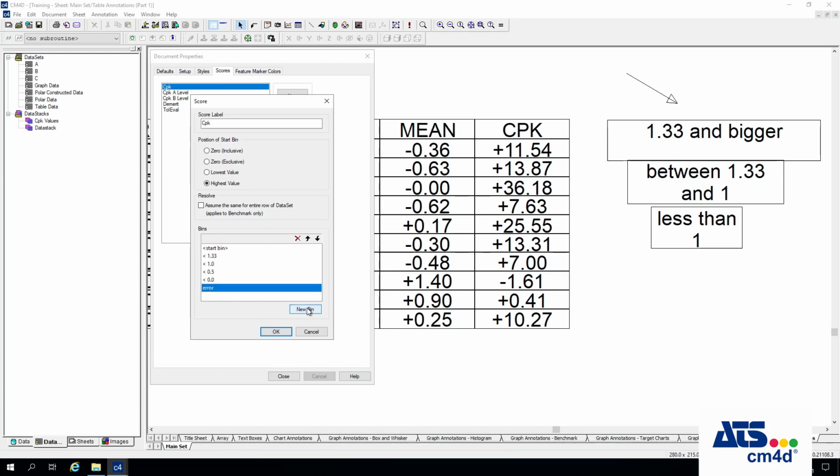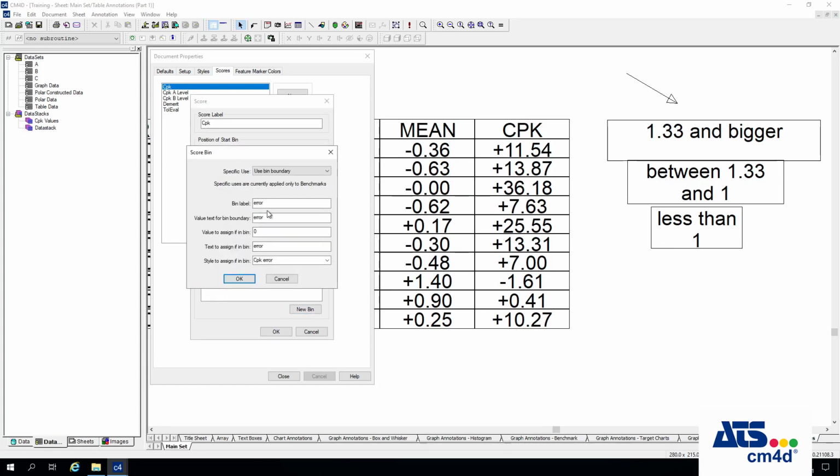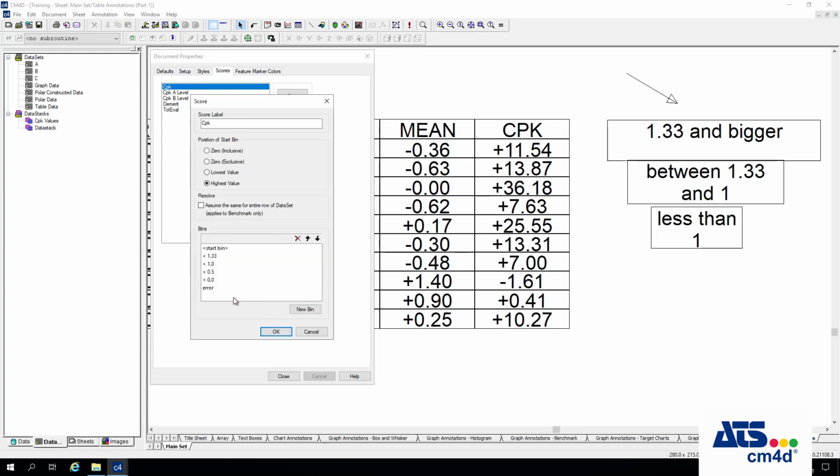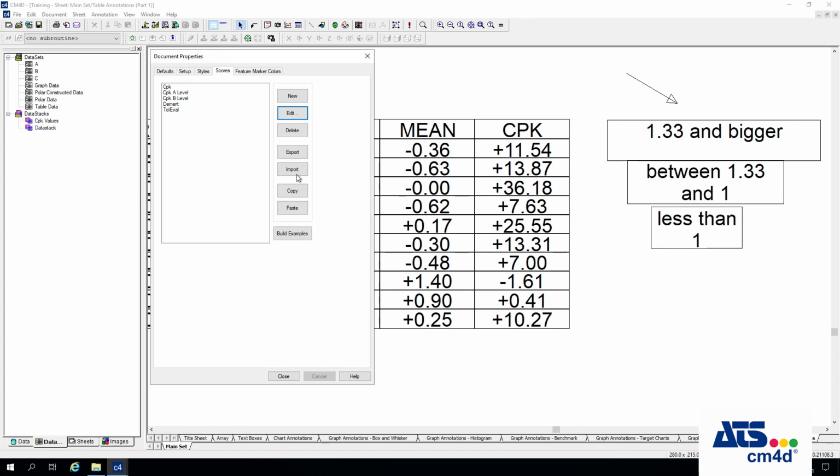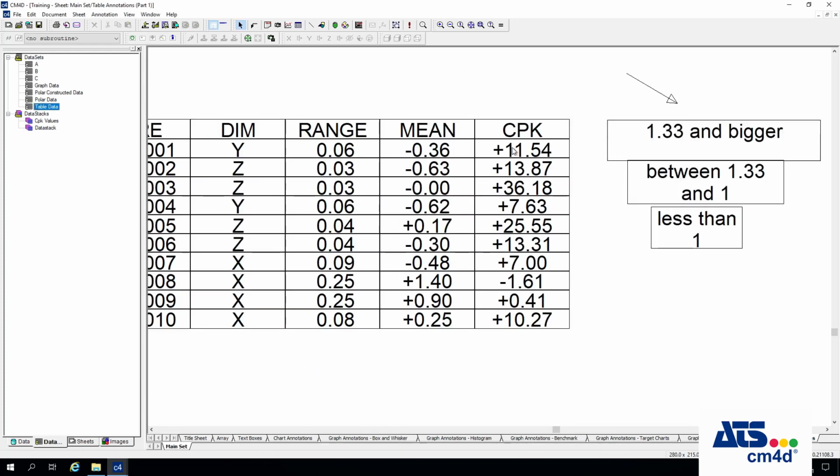And then finally we have this error bin, which is just a special case. It's labeled error, and it will receive what's known as error data. So when CPK cannot be generated, then values will fall into that bin. So that being set up and styles assigned to those different bins, if we want to get this cell or